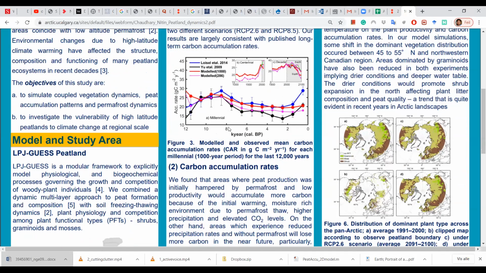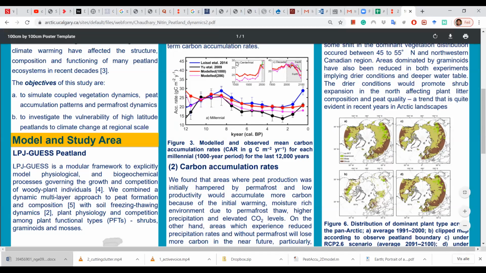And we can see that the model is able to reproduce the right carbon accumulation rate. We can see it follows the right pattern, the right trend, and it is within the observed range, for the recent 1,000 years and for the recent past, from 1900 to 2000 and from 2000 to 2100. So I will basically focus on this decadal part, which we know quite well.